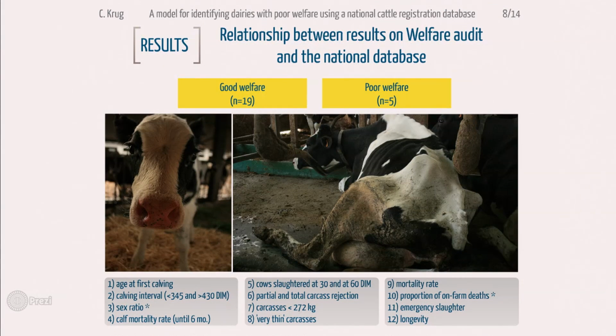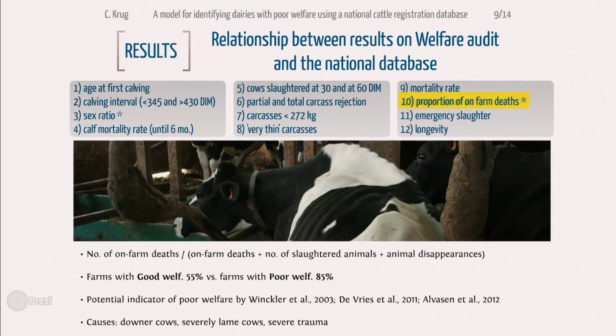Our first question was, is any of these potential welfare indicators significantly different between farms with good and poor welfare? There were actually two that were significantly different between those two groups: sex ratio and proportion of on-farm deaths. The proportion of on-farm deaths was calculated by dividing the number of on-farm deaths by on-farm deaths plus the number of slaughtered animals and animal disappearances. The mean for on-farm deaths among farms with good welfare was 55%, and among farms with poor welfare